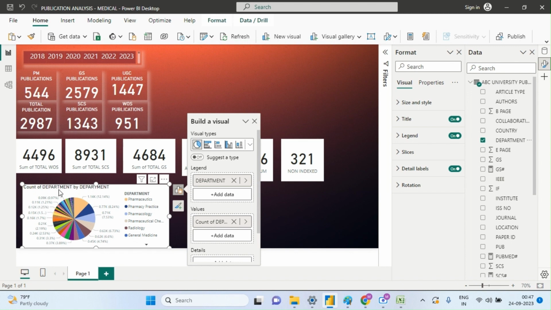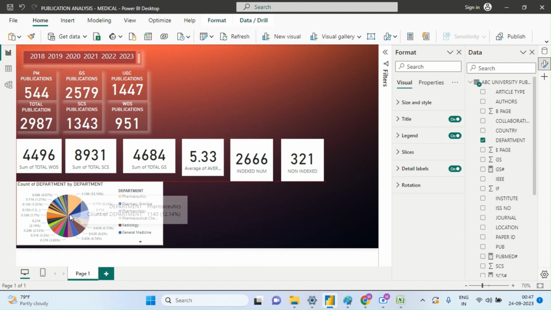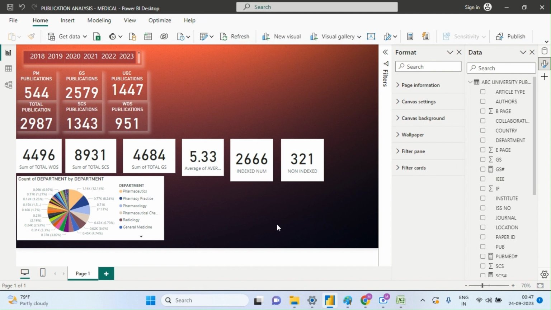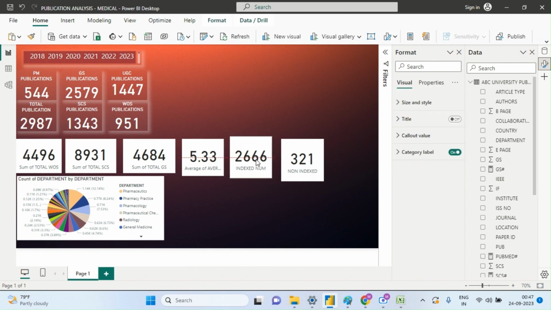So I can change the title later. You try to understand that this is the number for each department: how many papers each department has published. So that number we are going to show here. So this is done for department. Okay. The next section is